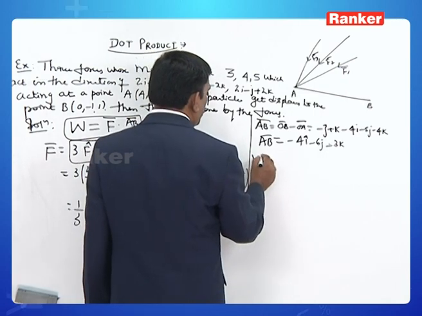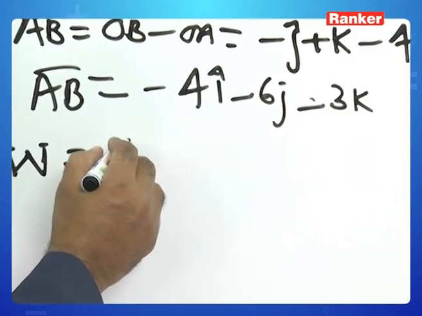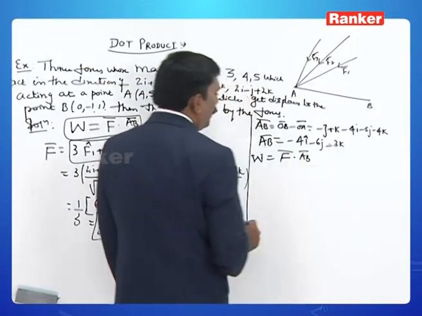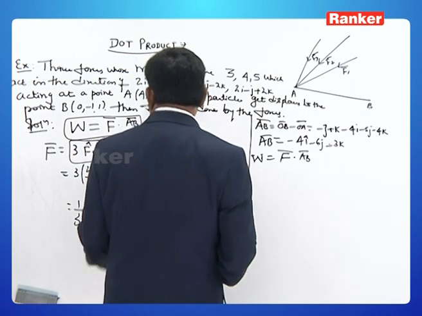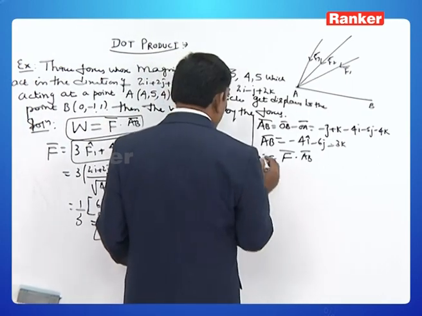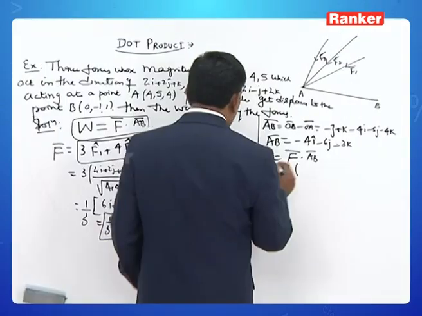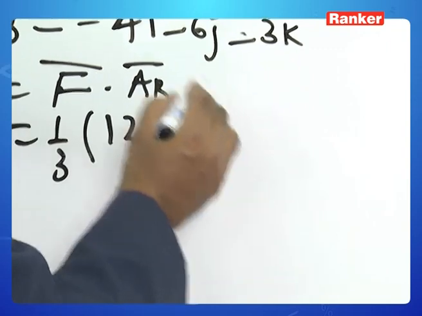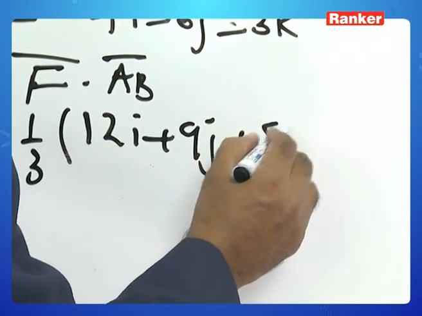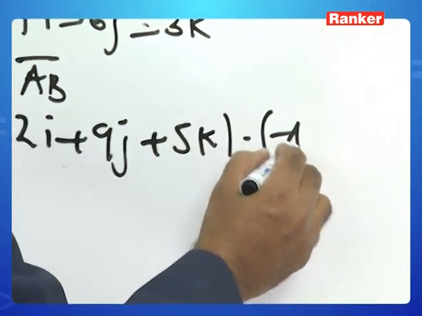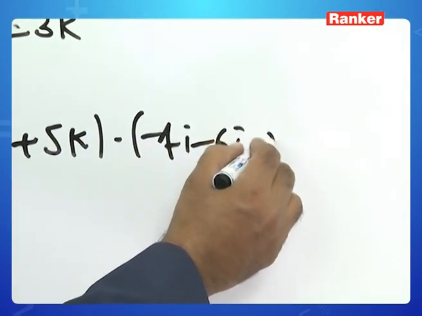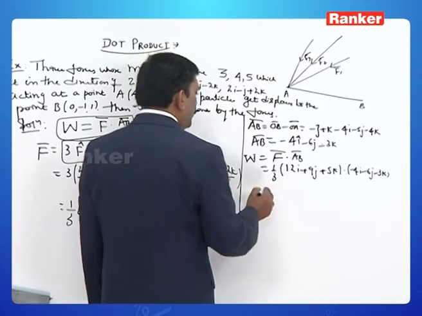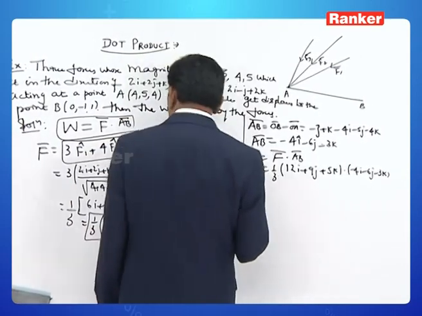Work done by the forces, I can write this as F bar dot AB bar. So therefore, already we have found out F. F is equal to 1 by 3 into (12i plus 9j plus 5k) dot of (minus 4i minus 6j minus 3k). So therefore I can write, take the dot product. So therefore this becomes